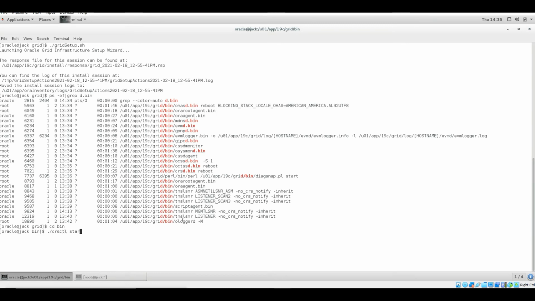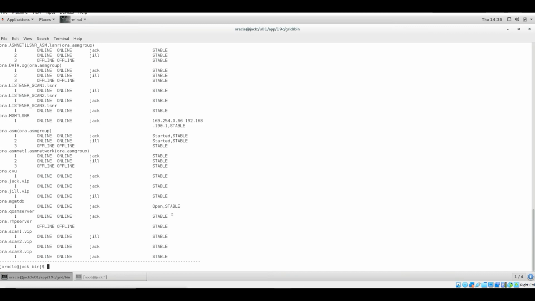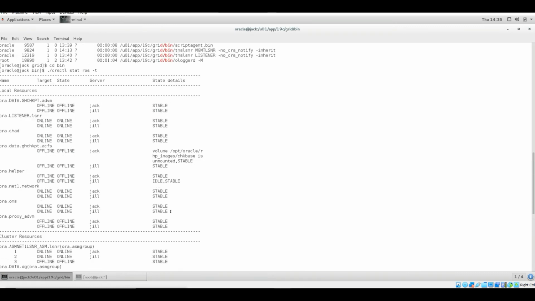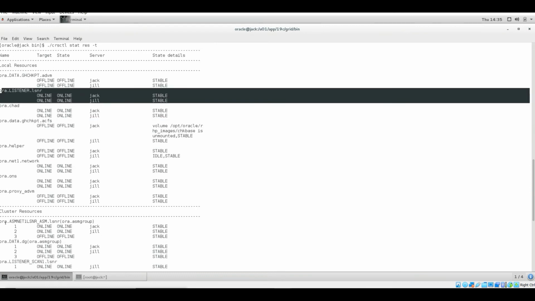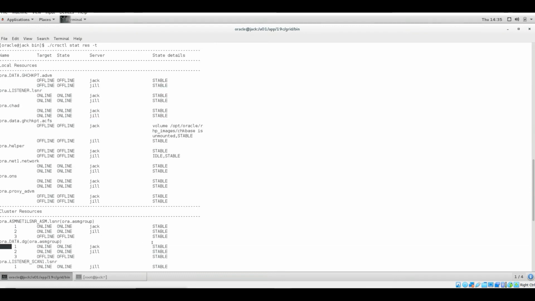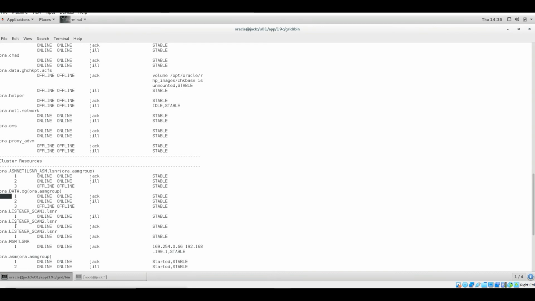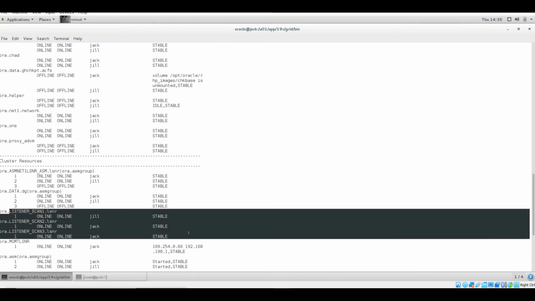Right now I am in my grid home, and let me go in here. crsctl stat res -t. This will show all the processes running from both my nodes. You can see from here that the listener is running from both nodes. Then our ASM listener is running, our ASM disk groups are online. SCAN listener is online from both nodes, one in node 2 and two in node 1.